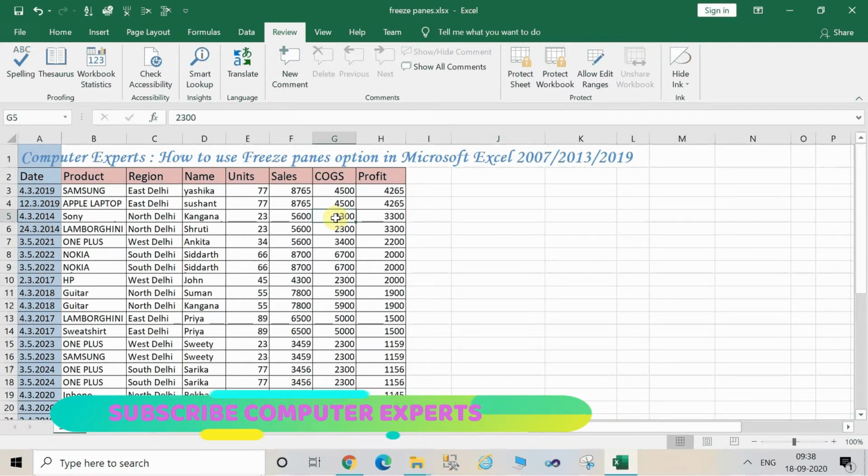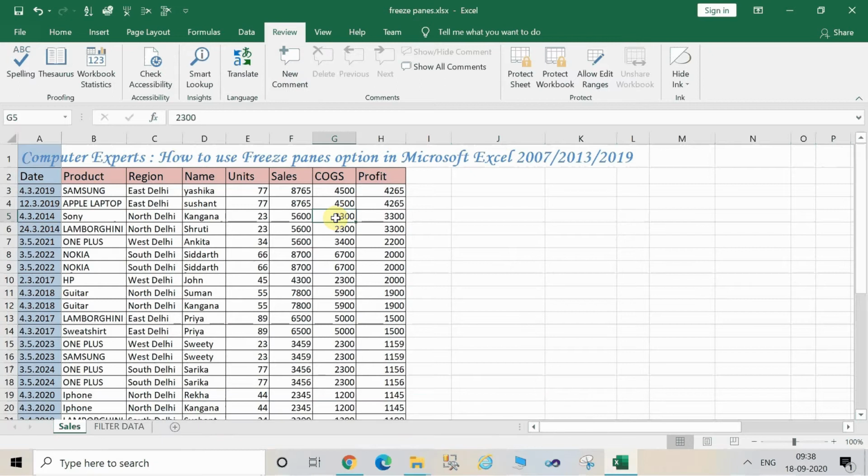This is good if you want only the first row and first column to be frozen, but sometimes we want two or more rows and columns to be frozen. For this, put the cursor wherever in the Excel sheet you want to freeze. Like you're highlighting this East Delhi, and let's highlight it with some color.